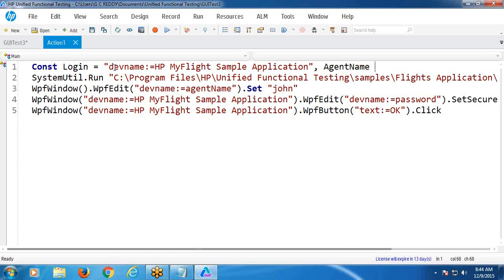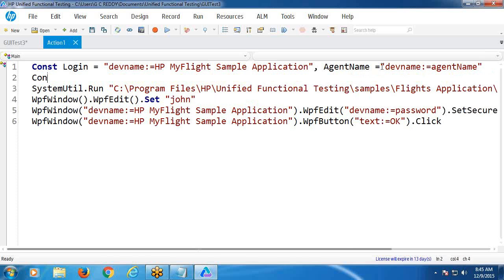You can use meaningful names. By separating with commas, you can declare multiple constants in one statement. If you take a new line, again you need to use the Const statement. Password equal to